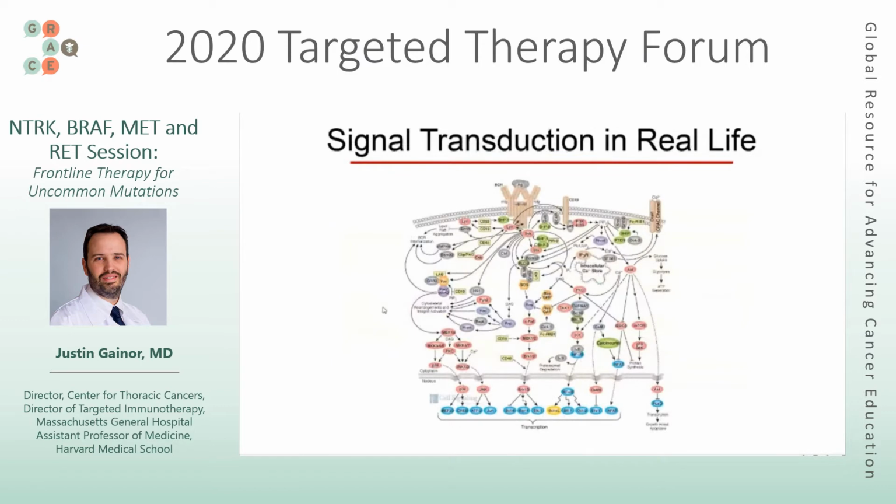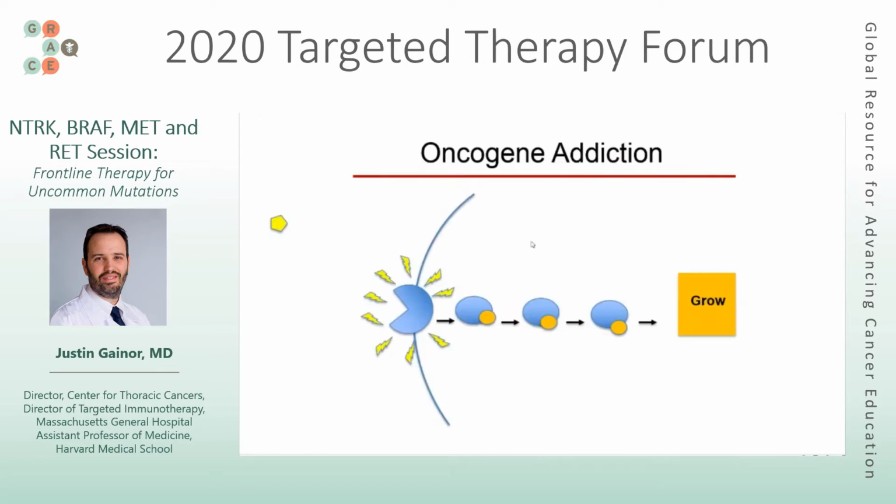Now, it's not as simple as this, because if you actually look at all of the various signaling in the cell, it gets very complicated very quickly, because it's not just this linear path. There are actually many different circuits. And back in the early 2000s, there was a lot of talk about how, given this complexity, we would never really be able to develop targeted therapies, because if I block up here near the top, then things can easily get around it. There were too many redundancies in the system. We've since learned, starting with the EGFR mutation that Dr. Sands described,